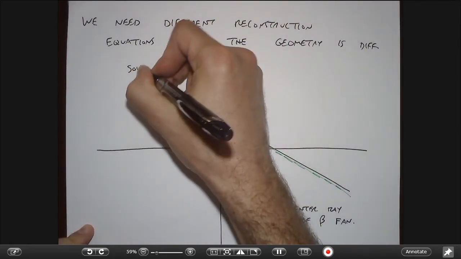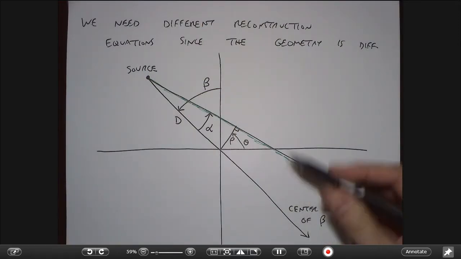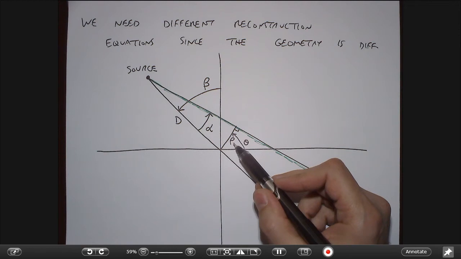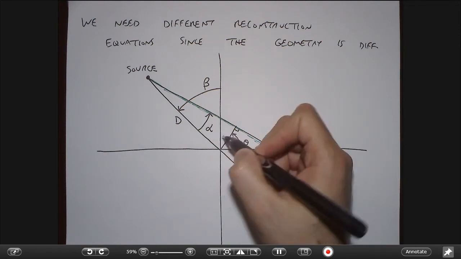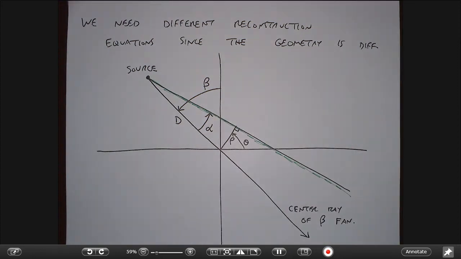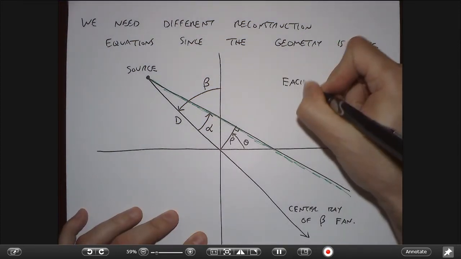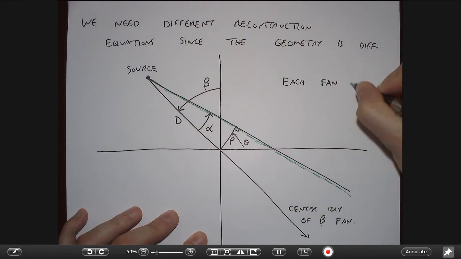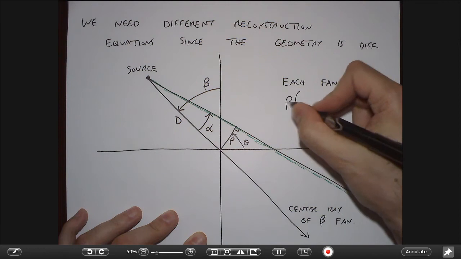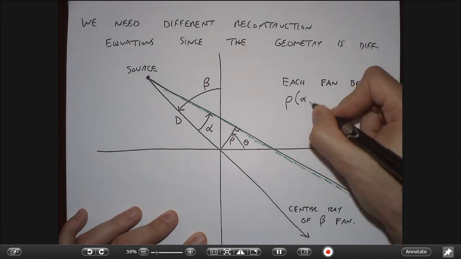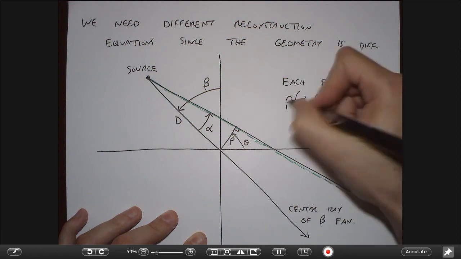Okay, so we're going to use this change of coordinates, or this coordinate system, to say, okay, we used to be talking about rays that were defined in terms of rho comma theta. Now we're going to convert those to rays that are defined in terms of alpha and beta. Okay, so the idea is that each fan beam, which I'm going to call rho alpha beta,